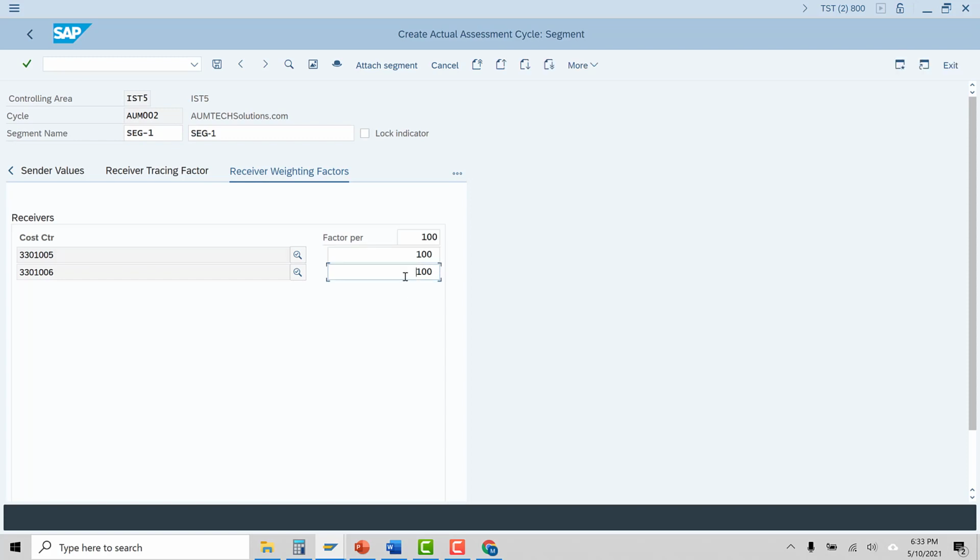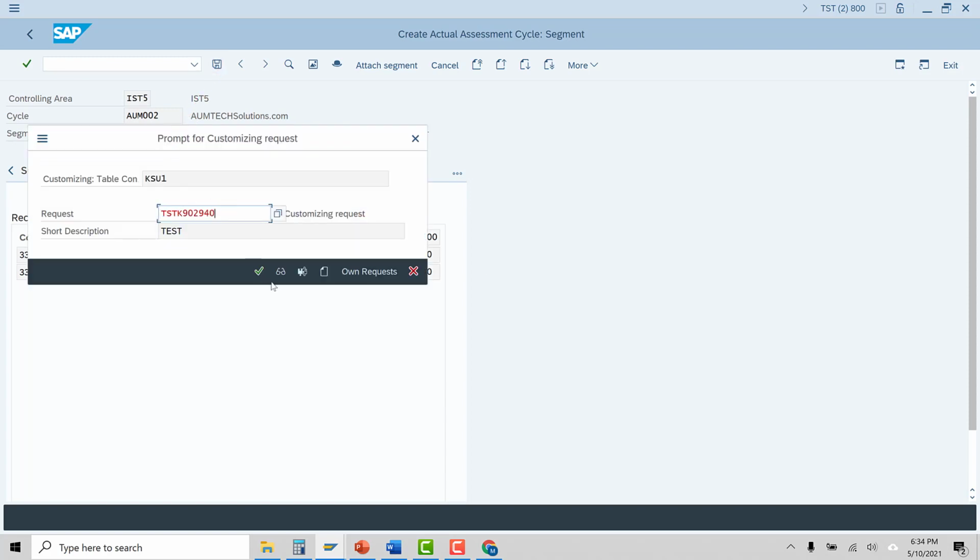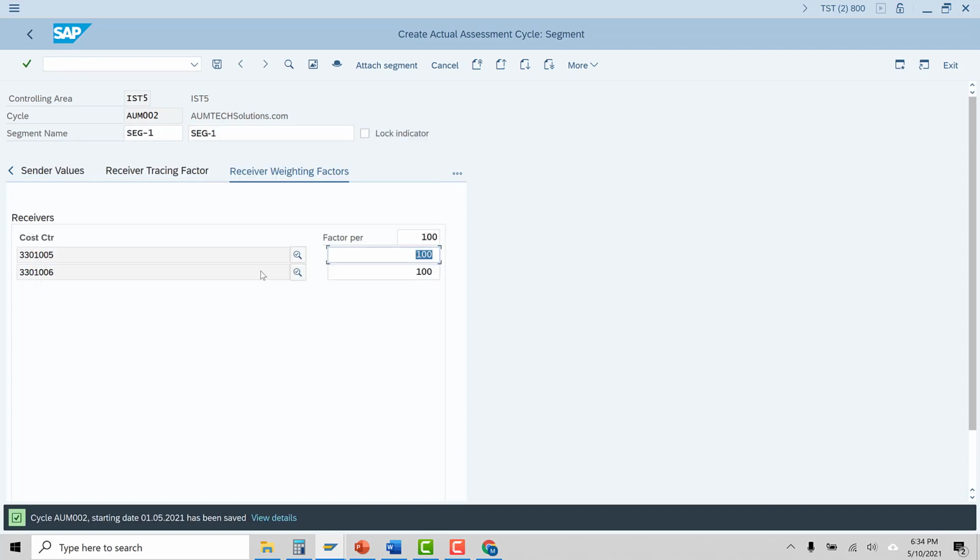Because whatever the value is there, that will be distributed between these two cost centers based on the statistical key figure that these cost centers are having. So we will look at it. We assign the factor as 100% of the value. Okay, save the cycle. So assessment cycle AUM 002 has been created.